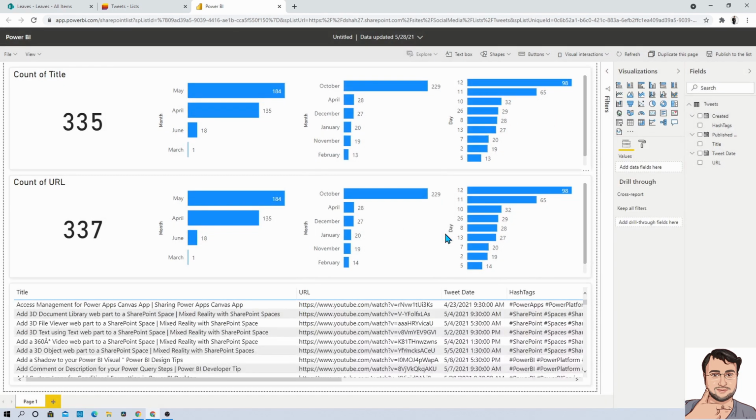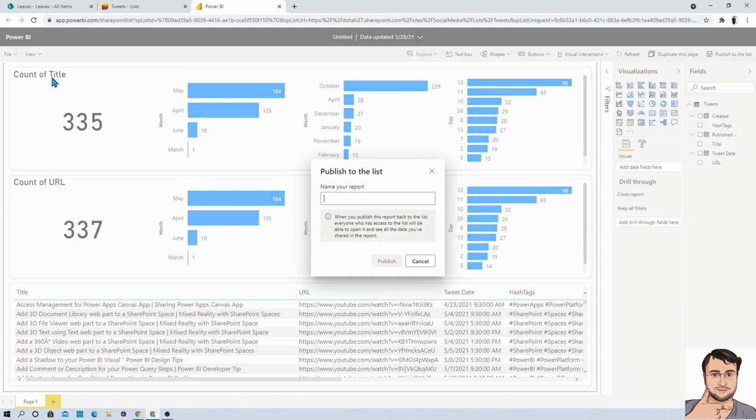So what happened here is in Power BI service, the edit mode will be open for you. Now here based on your requirement, you can change the different visualizations as well as you can add some slicers as well. At this moment I am not making any change and I simply click on save. Once you click on save, you need to provide the name of your report. So I am just providing my report name as tweet report.